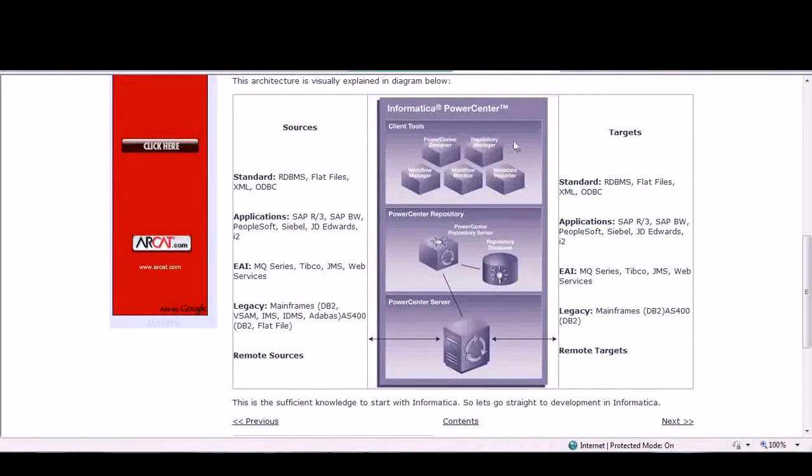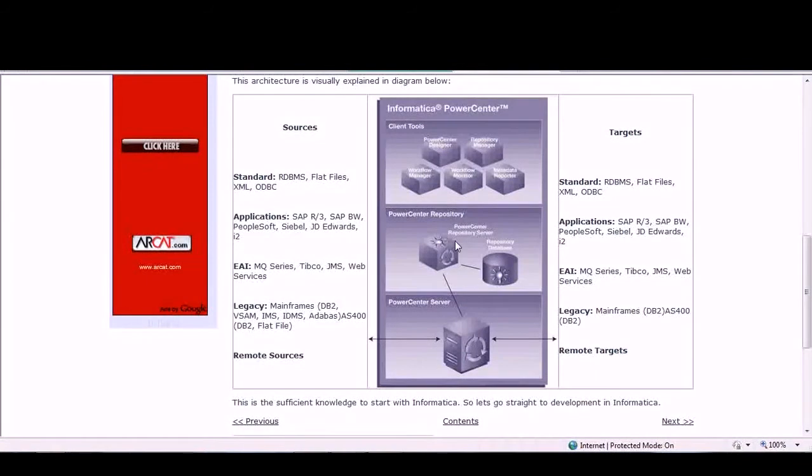All of these client tools basically communicate to the Power Center repository. So Power Center repository service is basically a service in which there is a database behind the service. Whatever action we perform for this Power Center server is saved into this repository database.